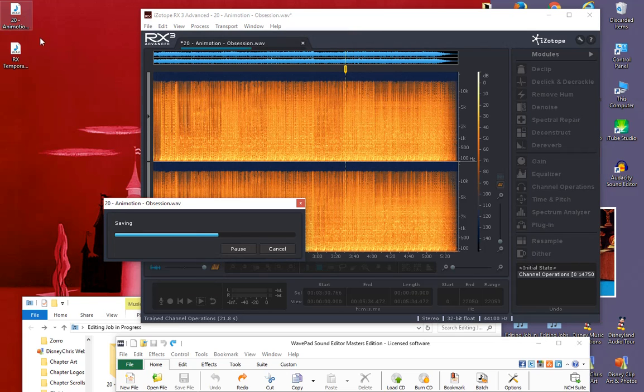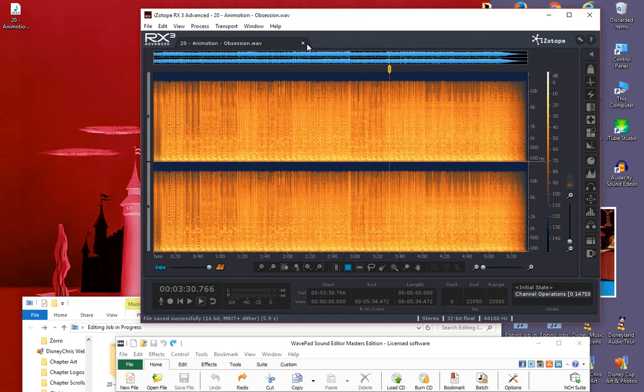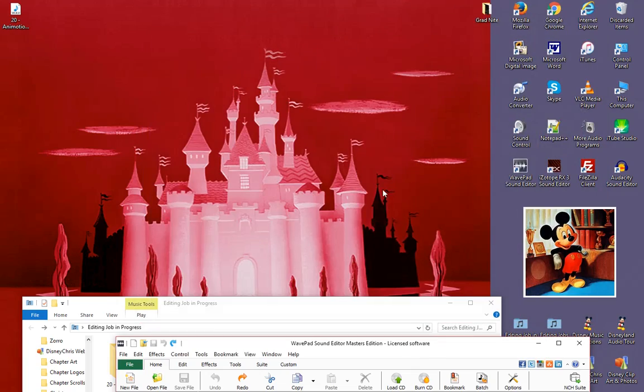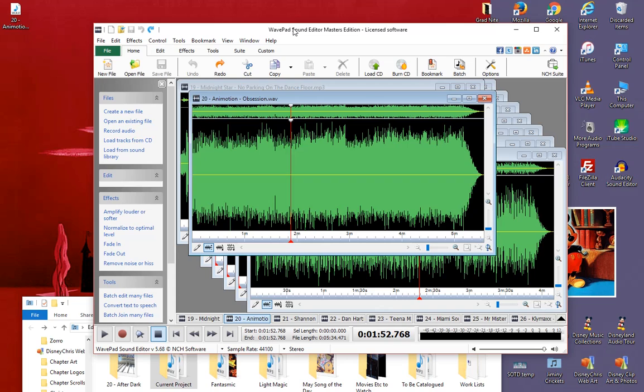And this time I'm just saving it as the same file that I've already saved because it's already in Wave. And you can't work in iZotope RX in any other format than Wave. If you try to open an MP3 file, it'll turn it into a Wave file. It only deals with Wave. So I can close this program now because I'm done with it for the time being, and let me go back to